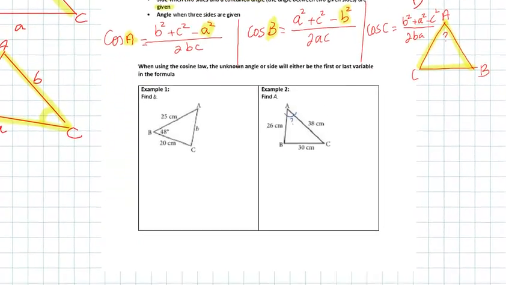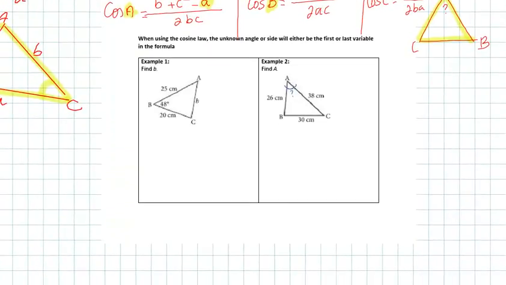So the question is, you have the triangle ABC. Side C is given to you as 25. Side A is given to you as 20. And then the angle B is given to you. And they want you to find side B. Can I use cosine? Yes, because I have the two sides and the contained angle. Okay? What formula do I use? B squared